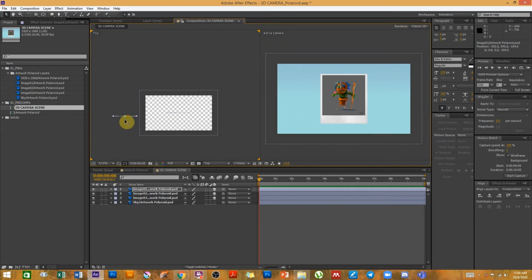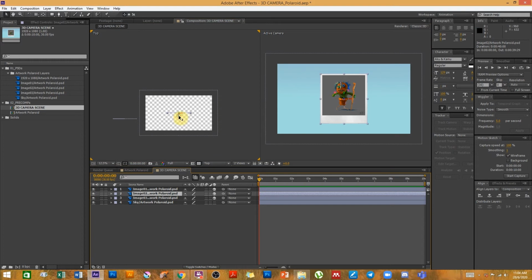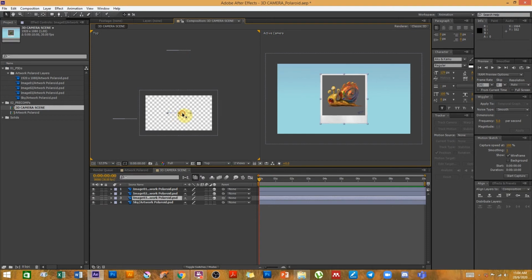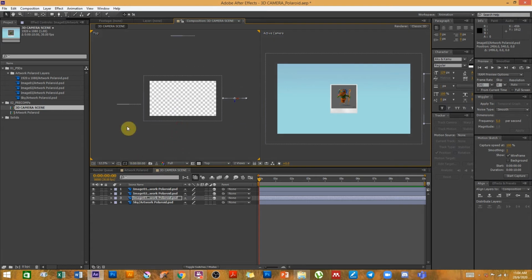And I'm going to just move her up front a bit. The second image, which is the scary looking cactus guy, I'm going to push him to the back. And the last one, the three-eyed snail, I'm going to push him to the right. Okay, so now the camera is going to travel from the girl on the dinosaur to this cactus guy to